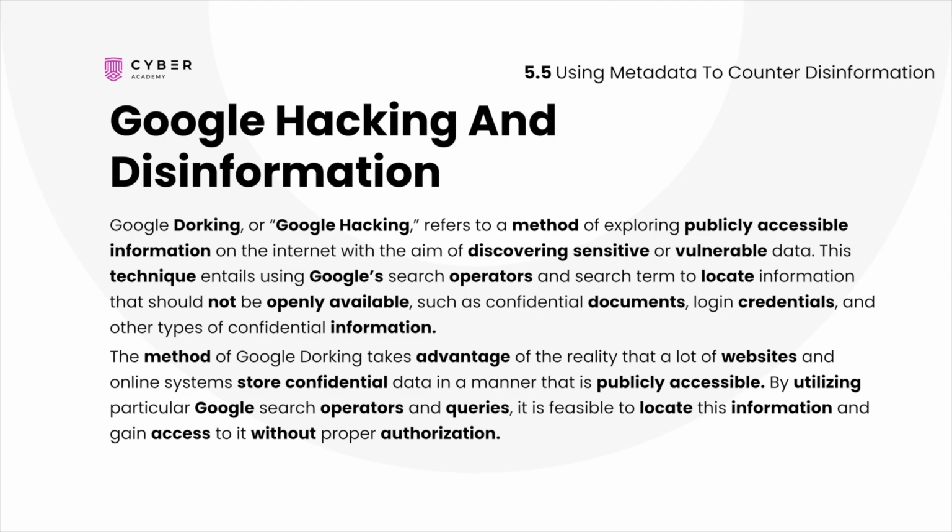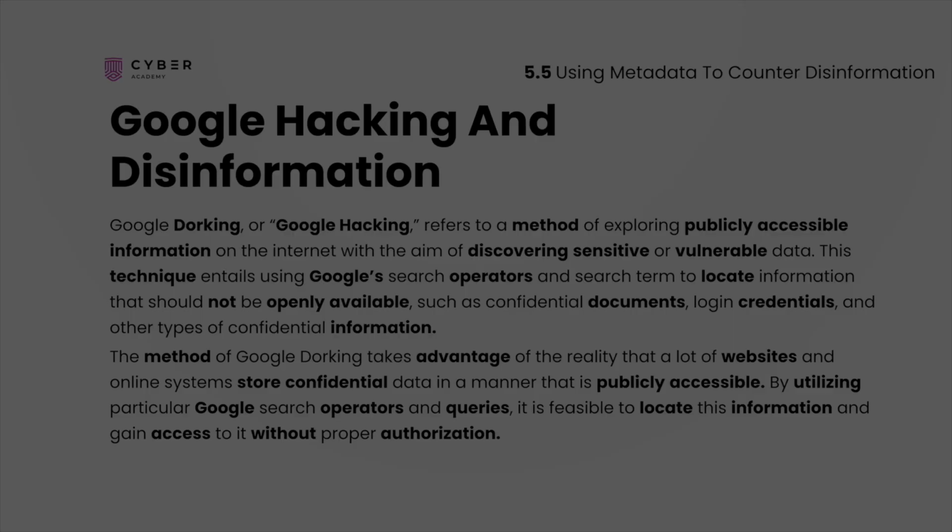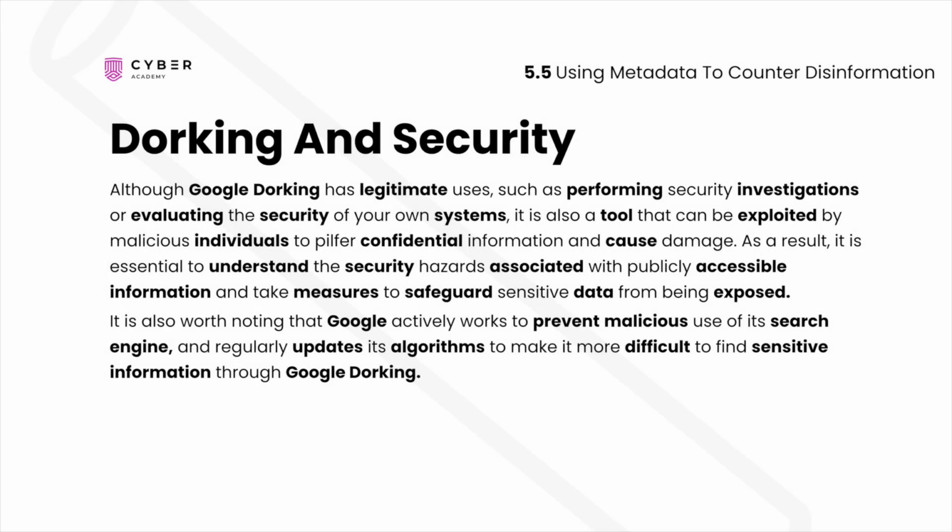Google dorking exploits the fact that many websites and online systems store sensitive information in a way that is publicly accessible. By using specific Google search operators and queries, it is possible to find this information and access it without proper authorization. While Google dorking can be used for legitimate purposes, such as conducting security research or testing the security of your own system, it is also a tool that can be used by malicious actors to steal sensitive information